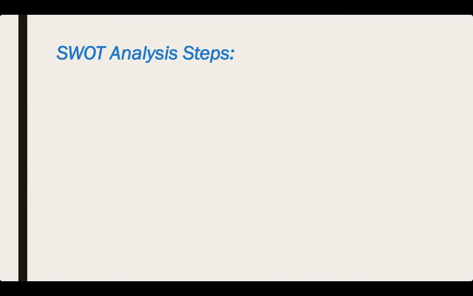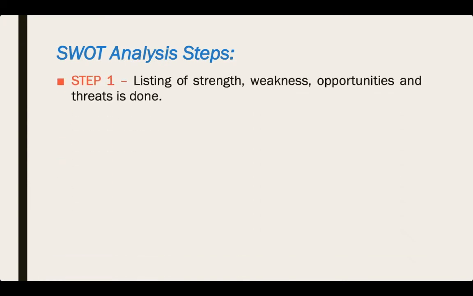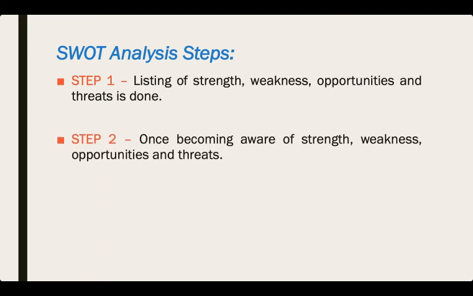In order to evaluate these things, we need to do the SWOT analysis. The SWOT analysis can be done in the following steps. Step number one: we first have to list out our weaknesses, our opportunities, our strengths, and our threats. Once we list that out, the second step is we have to become aware of our own strengths, our own weaknesses, and the opportunities and threats which exist based on our skills and knowledge or the strengths and the weaknesses. And the third step is we try to decide what we are going to do with our strengths, our weaknesses, and our opportunities. Once we are done with our SWOT analysis,